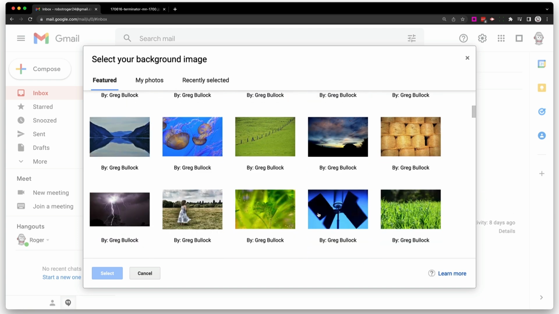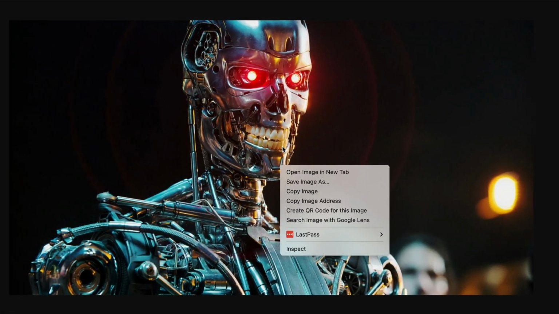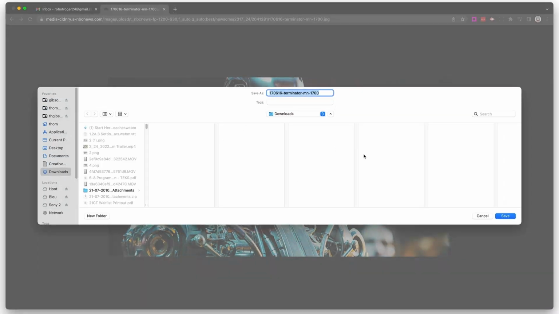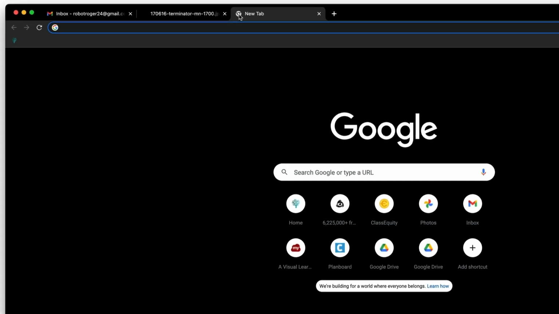So I asked Roger what he had in mind and he shared this image with me. So let's see how we can make this image Roger's Gmail background. I'm gonna right click on the image and I'm gonna save the image as, and I can just put that in the downloads folder for now. And now I'm gonna open up a new tab and I'm gonna go to